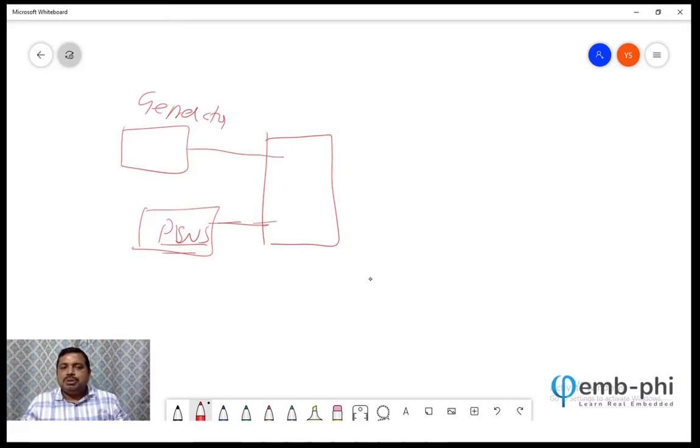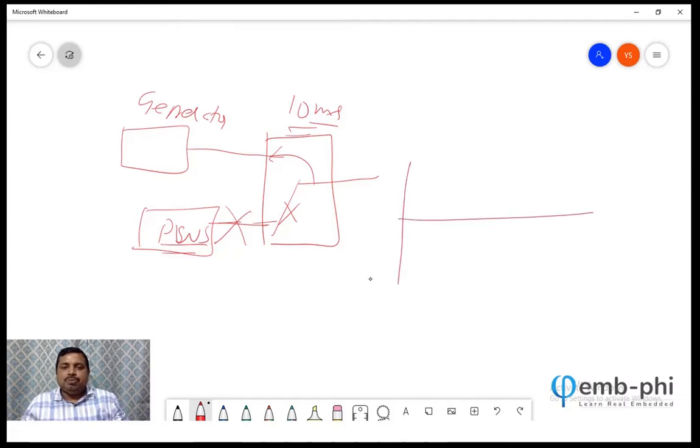Now these two supplies are coming, and whenever power goes off, within 10 millisecond I have to disconnect this connection and establish the other connection. Why did this 10 millisecond come?